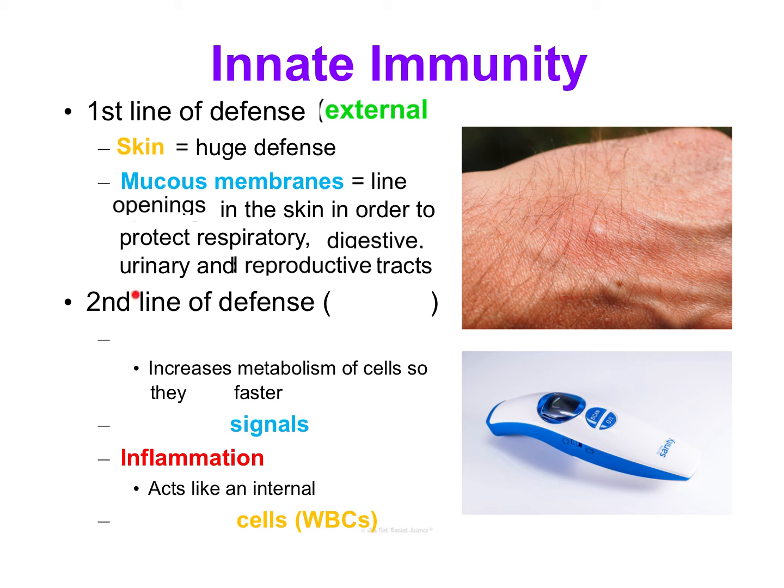And then we have our second line of defense, and our second line of defense acts internally rather than our first line being external. So we're a little further down the line here. The first thing that happens is a fever. And a fever works by increasing metabolism of cells so that they can heal faster. It's kind of counterintuitive, but a fever is actually a good thing for you if you are sick. So oftentimes it is better for you to let your fever run rather than taking medicine to get rid of your fever. Your fever is actually helping you. It happens for a reason.